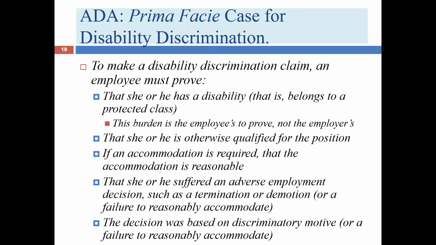Now, I would always say when we talked about the prima facie case under Title VII and also the Age Discrimination in Employment Act, I would always say this first requirement was pretty much easy peasy. Almost no one attempted to refute the protected status of a person under those statutes. Under the Americans with Disabilities Act, though, this is a pretty major category that we do consider.